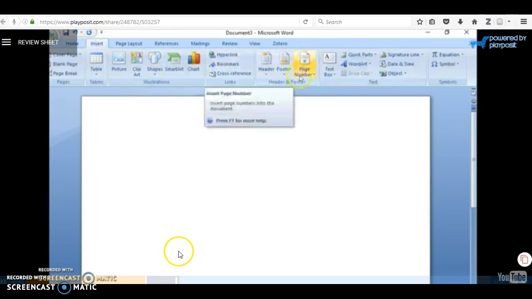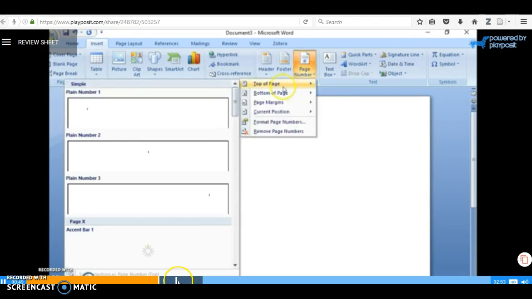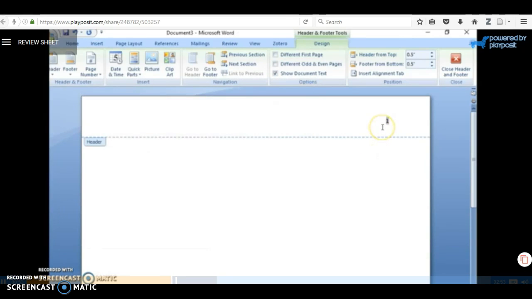Header, but it's not going. It's going to go in the header, but it's going to be a page number. Click page number, hover the mouse over top of page, click plain page number 3, and then you're going to